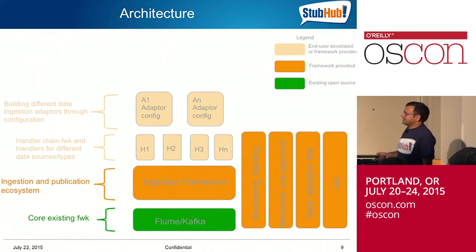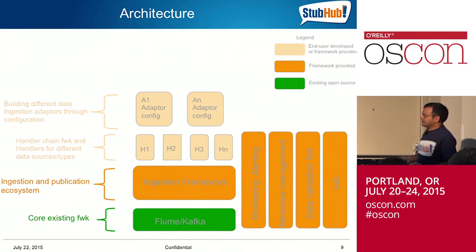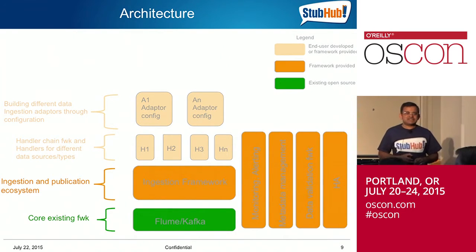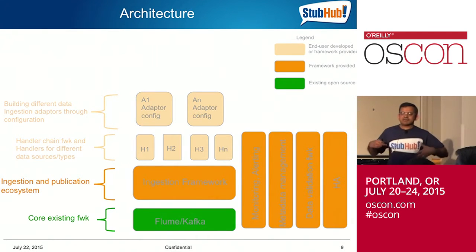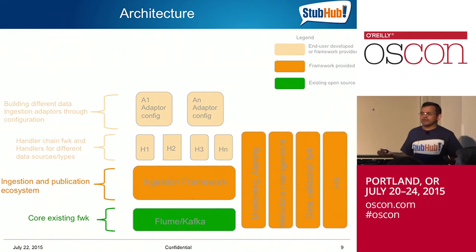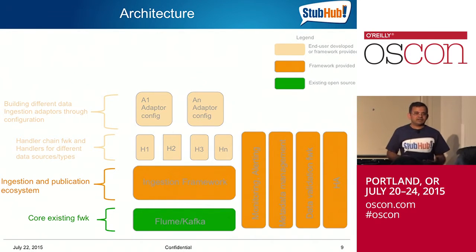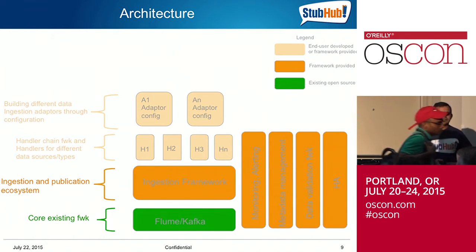Now, the layer, this is what I'm calling, there is a color coding here. This green simply means that this is the existing framework that we're using. This color means that these are the things that we have built. These are the things that we're going to open source. What this color means, a shade of this color, is that some of those things come out of the box with the framework that we've built. Some of these things you can build when you download. You can build yourself if some of that you want to customize and add.